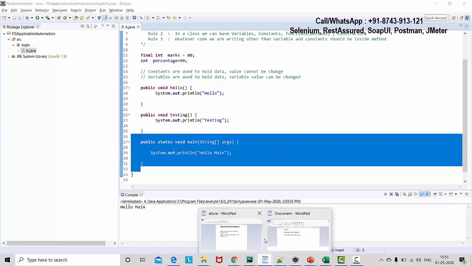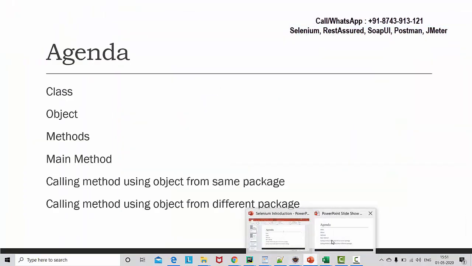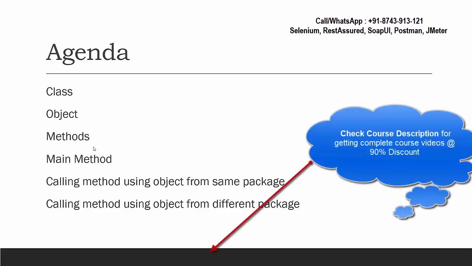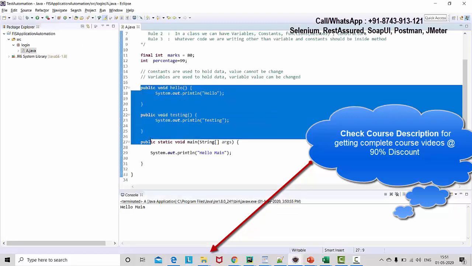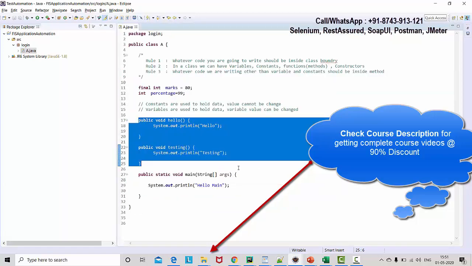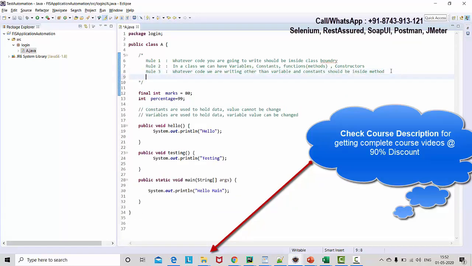So now if I go here, we have seen method, how to write method, even what all the different types of method we can have. I'm going to cover that in the next lecture in great detail. As of now, we have seen how we can define method, how we can define main method. I want to run these methods as well. So now the next rule will help you. Next rule of Java is